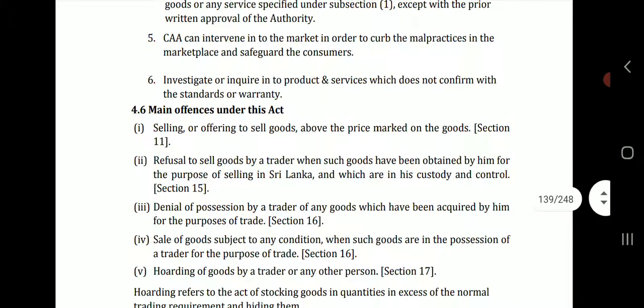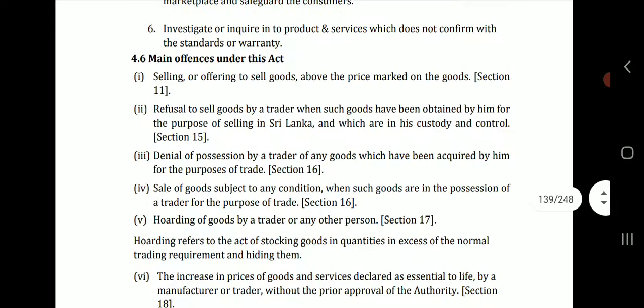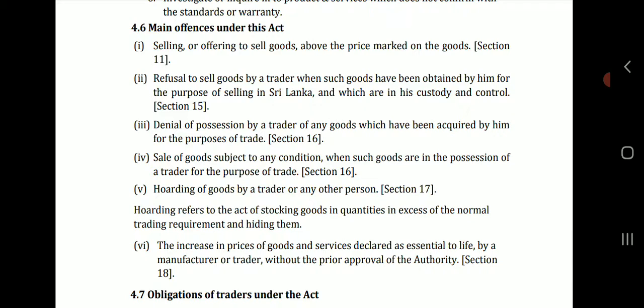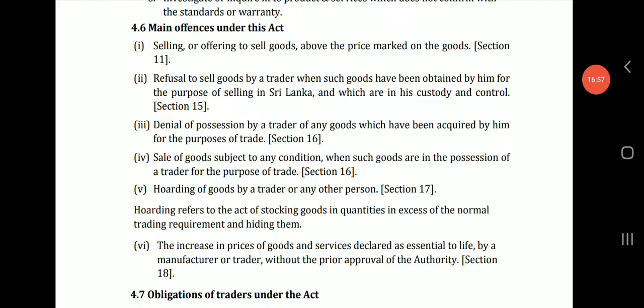The main offences under this Act include selling or offering to sell goods above the marked price, so selling it overpriced, and refusing to sell goods by a trader when such goods have been obtained by him for the purpose of selling in Sri Lanka and are in his custody and control. So if there are goods in a supermarket or a retail shop and the owner is refusing to sell the goods,